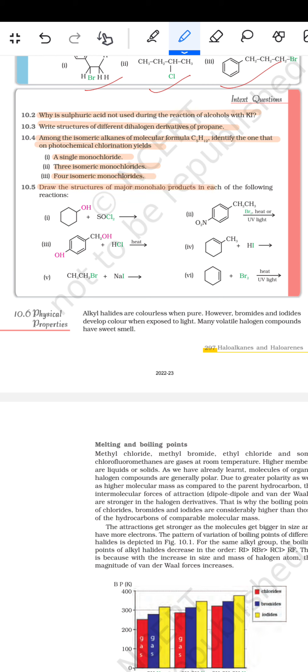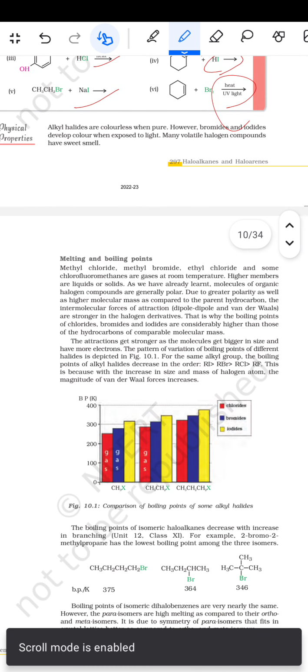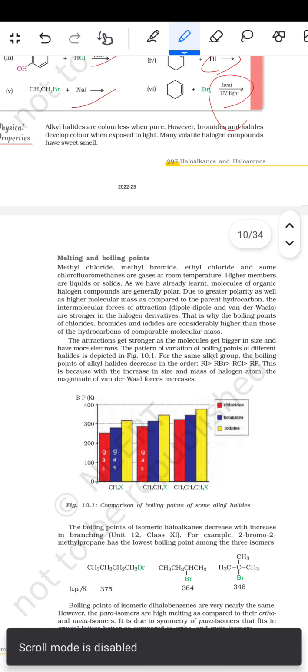Draw the structure of the major monohalo products in each of the following reactions. तो पहला SOCl2 में, फिर HCl में, फिर CH3CH2Br Ni में, फिर Br2 हीट और UV लाइट में, फिर HI में और हीट और UV लाइट में। इसके बाद आता है फिजिकल प्रॉपर्टीज। तो alkyl halides are colorless